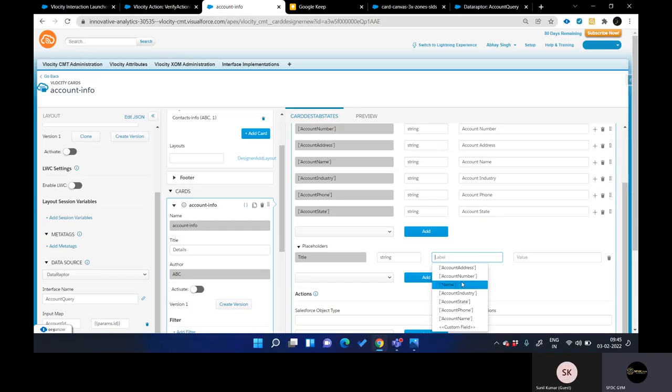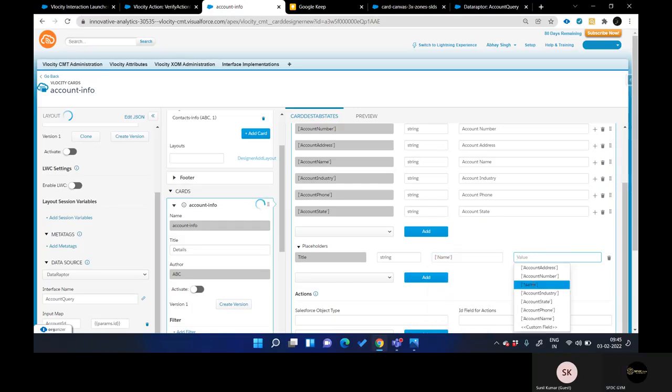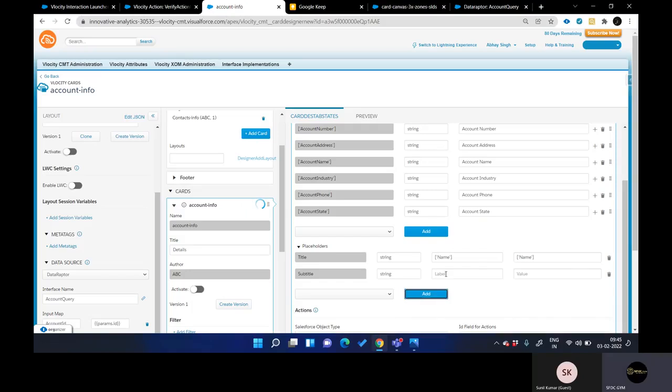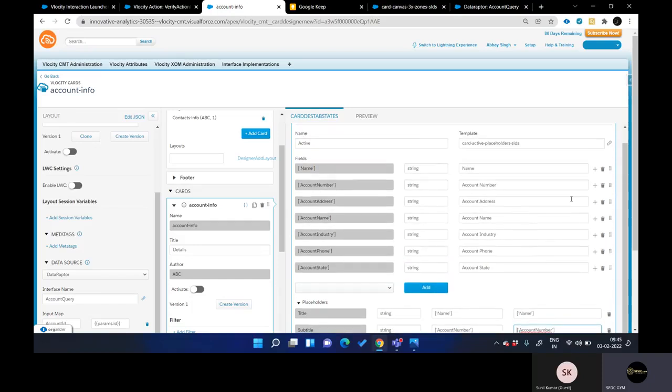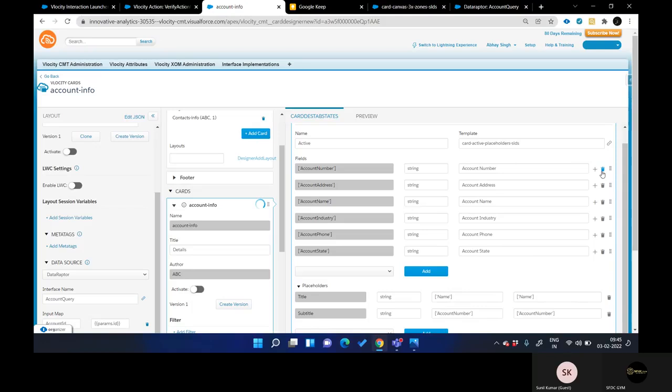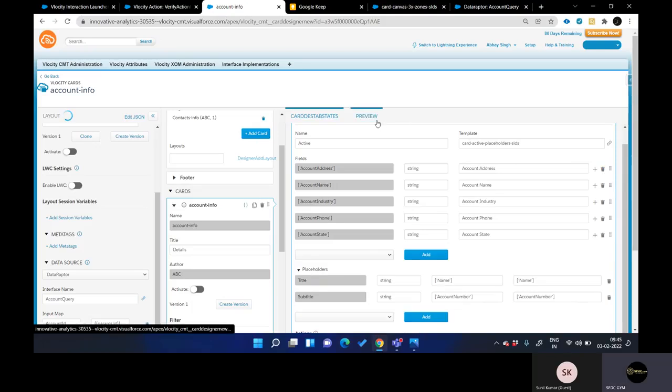Here you need to give a name. Here you also need to give a name. And here, let's set the subtitle. In the subtitle, we are going to show the account number. Same account number you want to show. And since these two things we are showing at this level, we can remove the name and number from here. Okay. Now if you do the preview,